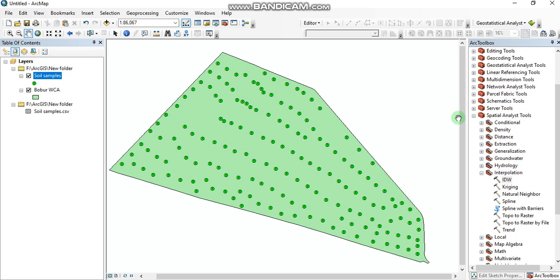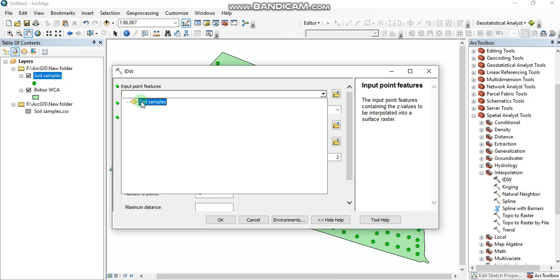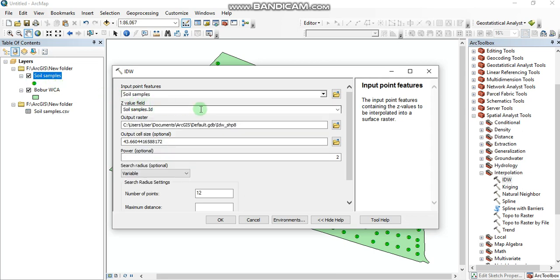And after that we can open IDW, and here the soil samples dataset can be inserted, and that value field should be our Easymeter data, and you can rename and show the save folder in your computer, and you can optionally